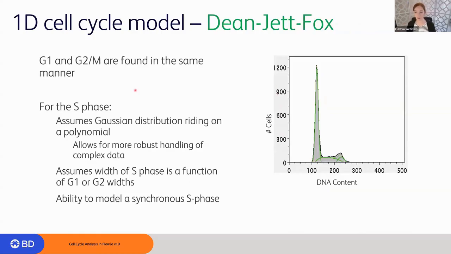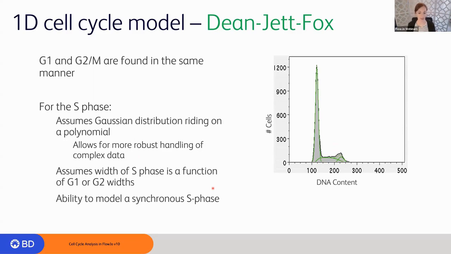Now there's another option available in the cell cycle model platform within FlowJo 10, and that's the Dean-Jett-Fox. Okay. So the G1 peak and the G2 peak are basically found in the same manner, right? We look for the local maxima and we do the Gaussian distribution. But now it's a little bit different for the S phase. Okay, so here we're assuming the Gaussian distribution is kind of riding on a polynomial instead of a linear fit. And that just gives it an opportunity to maybe handle more complex data, right? If we have data within the S phase that maybe is not going to model well to a linear relationship,